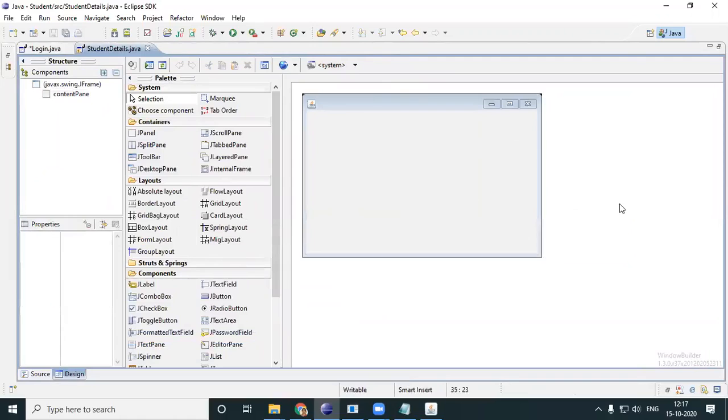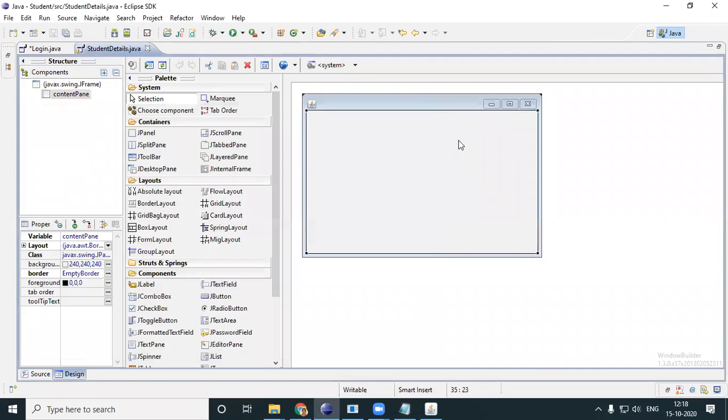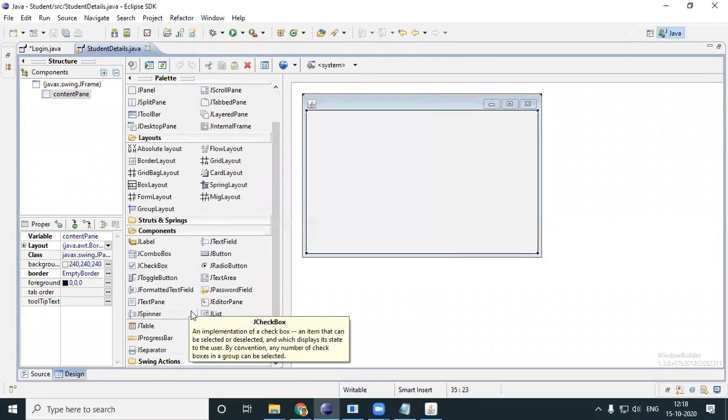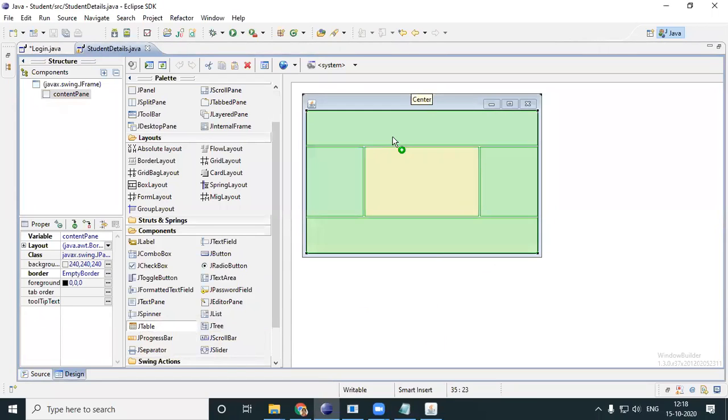Okay, that will do. Now we will learn about something called JTable. Okay. Table. Simple table where you have rows and you have columns. So you do have a JTable over here. Click JTable, enable it.